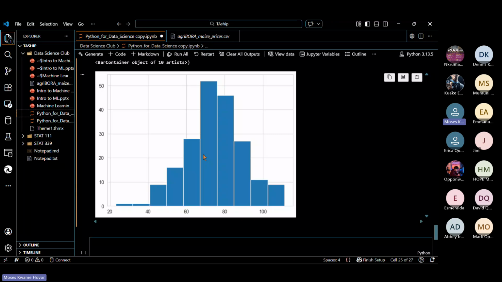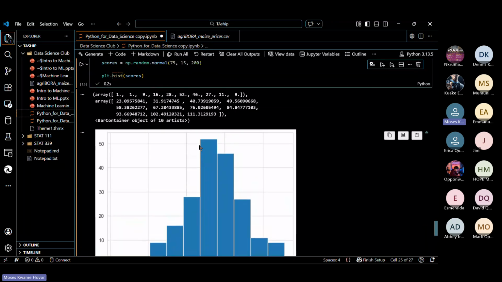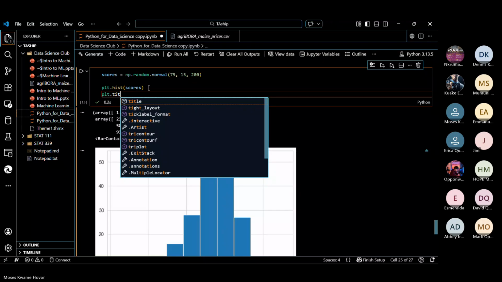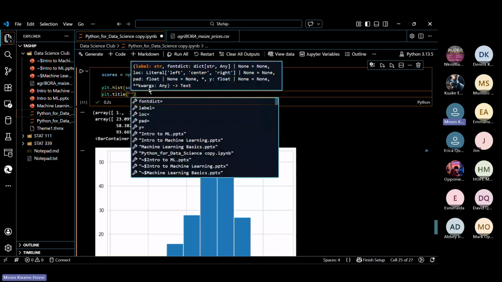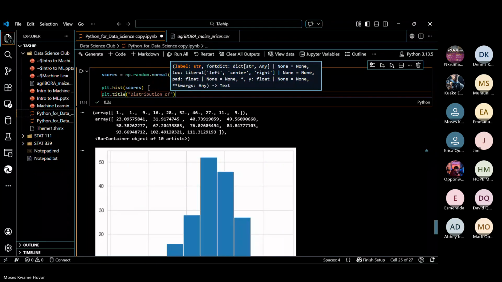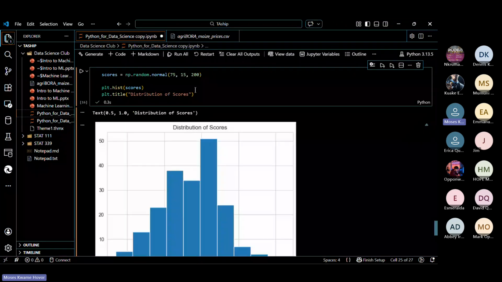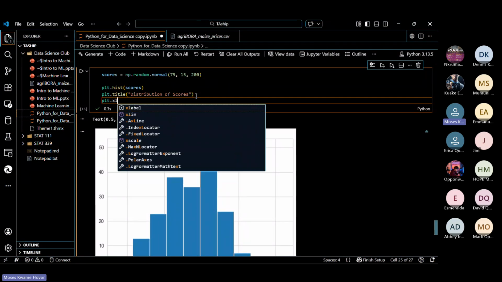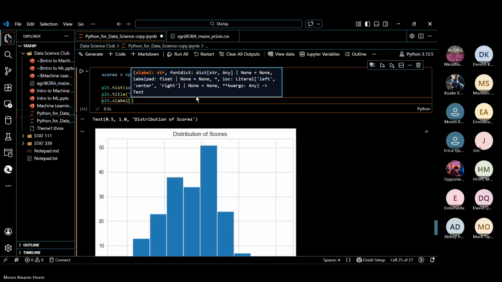So we can give it a title, say plt.title. Let's just call it distribution of scores. That's it. And we can also name the x-axis with plt.xlabel.